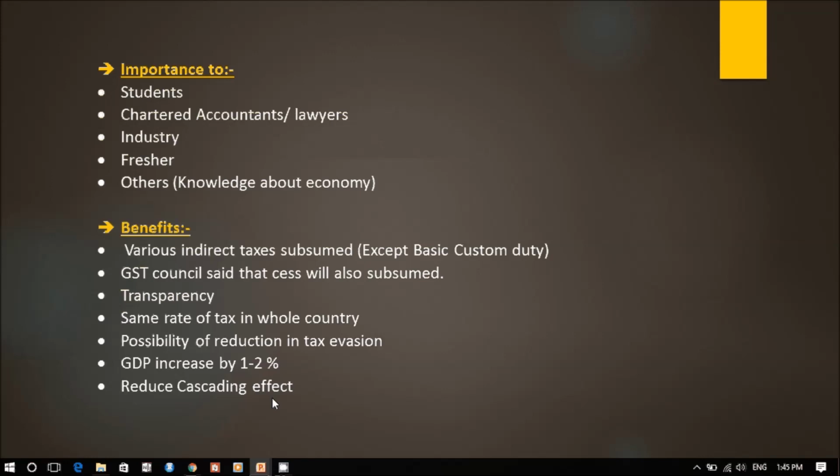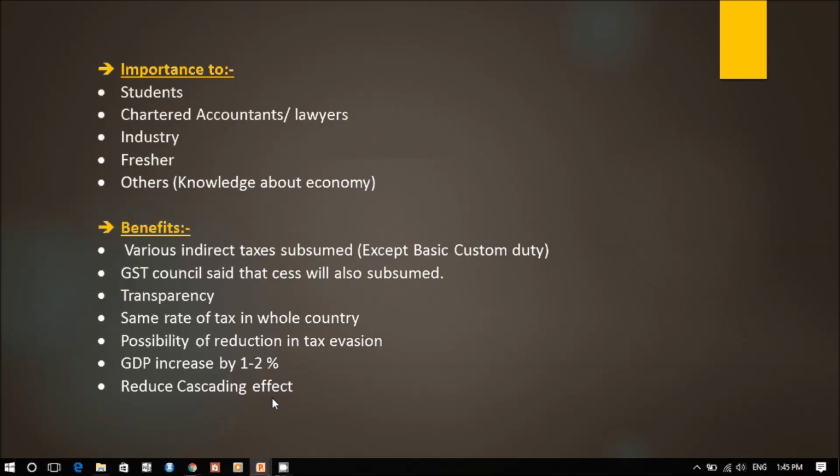Now the question arises whether the cess will be subsumed or not. Cess is a little bit different from tax, because if the government is collecting any cess, then it has a specific purpose. If the government is collecting tax, then it can be used for any purpose, but the money collected under a cess would be used for a particular purpose, like education cess, secondary and higher education cess, clean energy cess. So the amount collected under the clean energy cess would be utilized only for clean energy, having a particular objective.